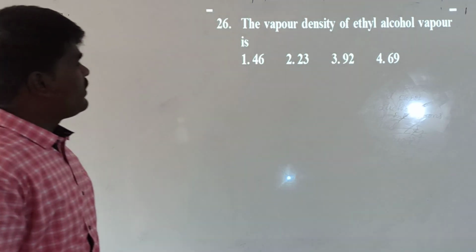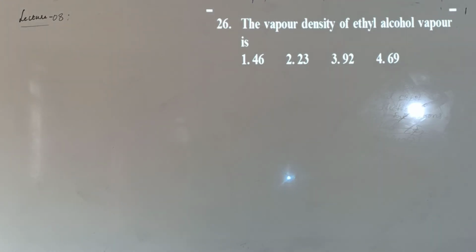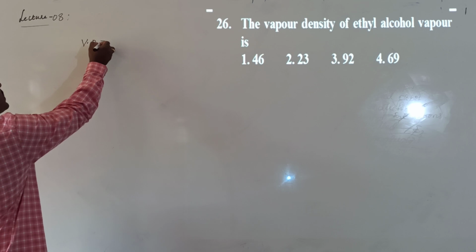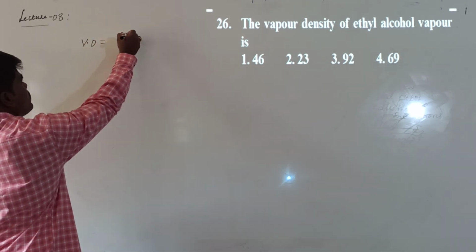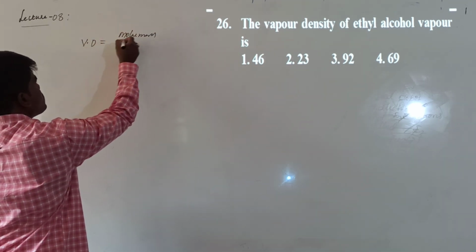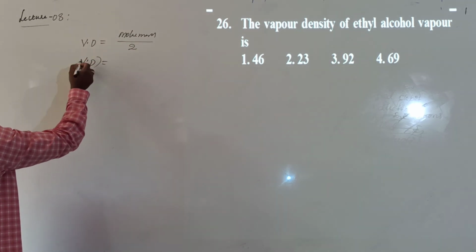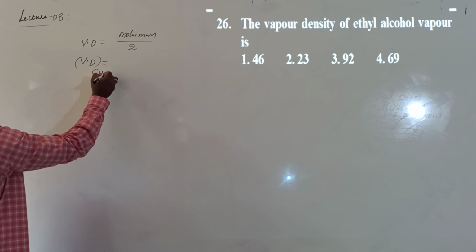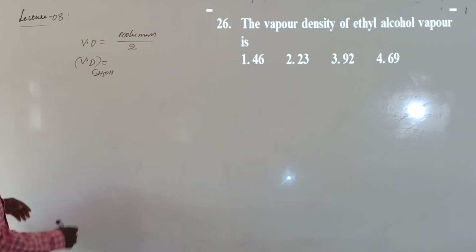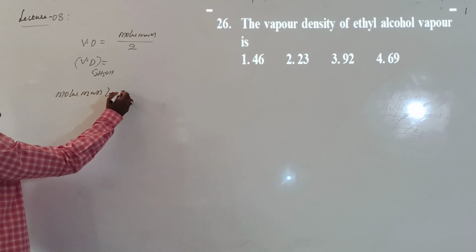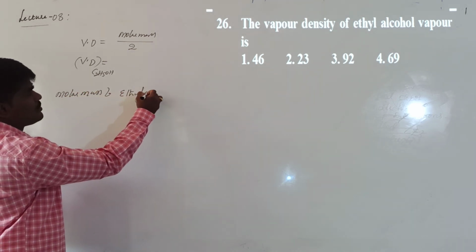Look at the question. The vapor density of ethyl alcohol vapor is... Vapor density of ethyl alcohol vapors. So generally, how to calculate the vapor density? Vapor density is equal to molar mass upon 2. So what is the molar mass of ethyl alcohol? It is asking about C2H5OH. Right? The molar mass of ethyl alcohol